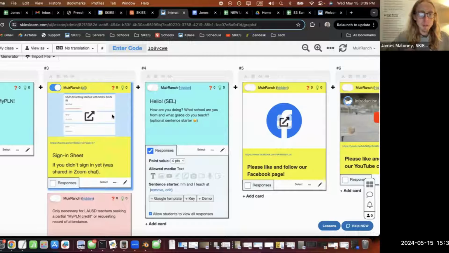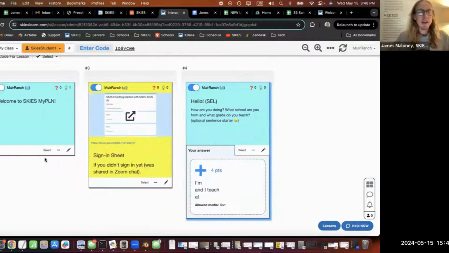Okay, I want to get started with Skies by turning on a second card here and going back to my student view, and just show you what Skies is in a nutshell. It's like a PowerPoint, okay? I gave up using PowerPoint like a decade ago, but if you still use PowerPoint or Google Slides, that's great. I love it. You can import that stuff, okay? Right now I'm just being lazy, and Skies is much easier for doing things from scratch. So I'm just making stuff here in Skies.